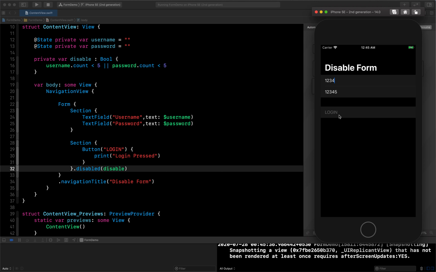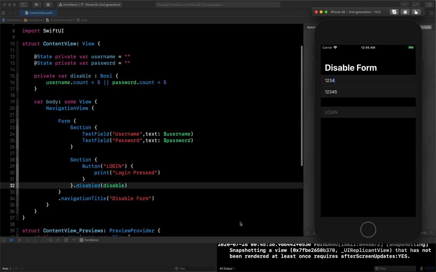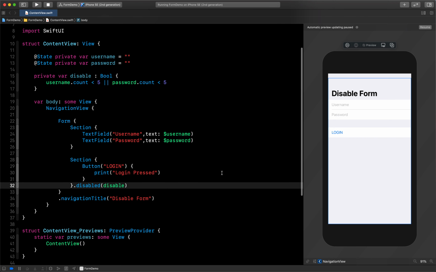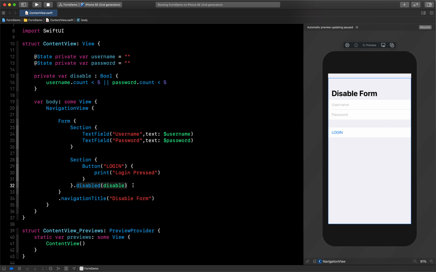So this is how you can create a view using form, and also you can disable a particular section from your form. So this is very easy as compared to UIKit where we need to check the conditions and we have to send that to our view, like we have to disable the button, so we have to say dot enabled equal to false and all those things we don't need to do. This form will directly update its enable or disable property by just our checking this condition. So this is how easy it is in SwiftUI.